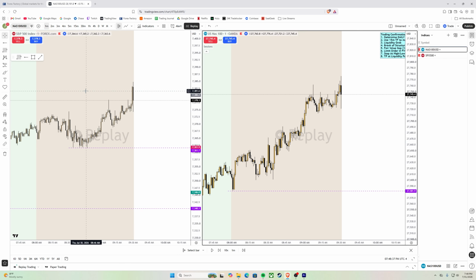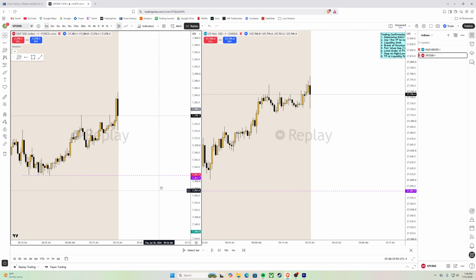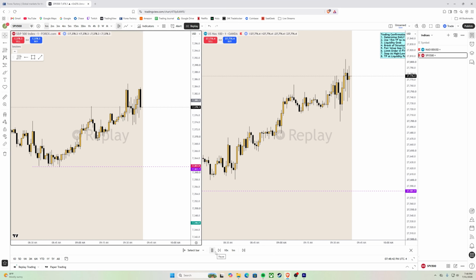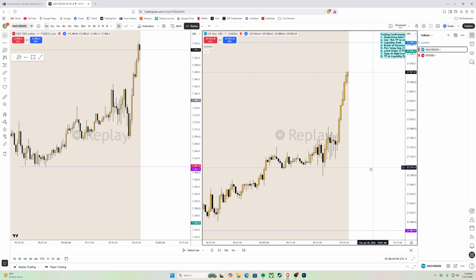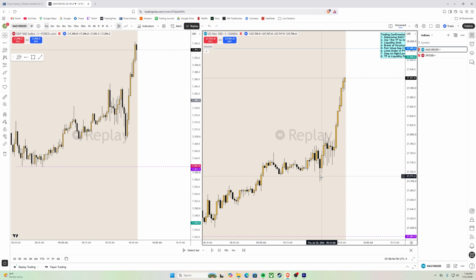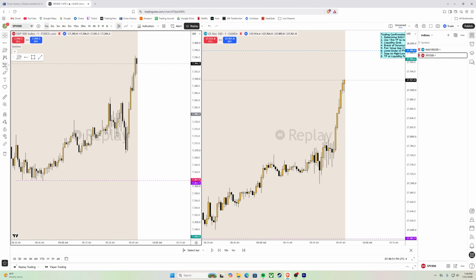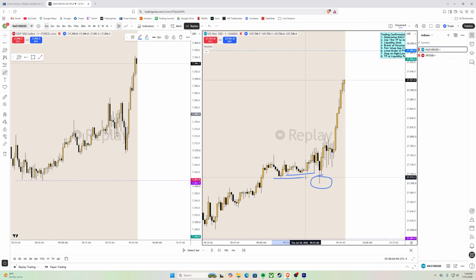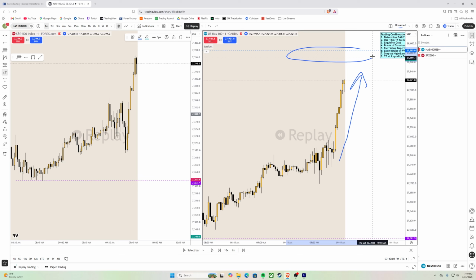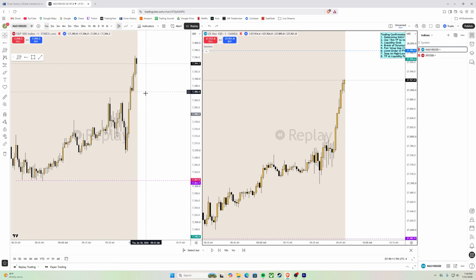We're already seeing that, and these could also serve as targets as well, right? So now we'll just continue pressing play to see what happens. And so now you're seeing, a few minutes go by, prices are sort of ranging a little bit, and then now you're seeing aggressive bullishness. At least with the S&P, you see this lower push, cleared some lows here, cleared the low here, right, before now it's doing a rally. Now for the NAS, this wick here clears some liquidity, but now you're seeing price push up. And why? You're expecting price to push up because it wants to go to this level up here.